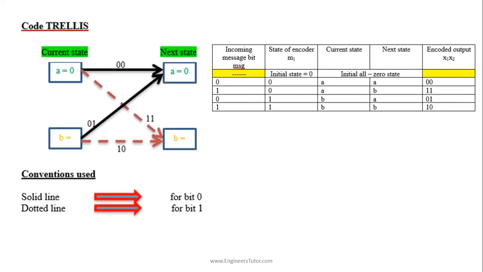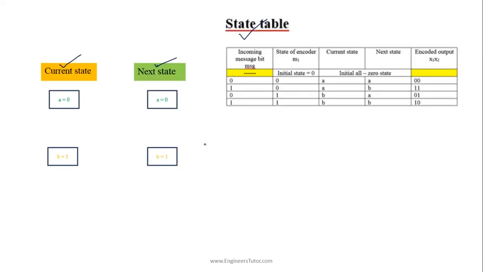To draw this code trellis diagram we use conventions: if the incoming bit is 0 we use a solid line, if the incoming bit is 1 we use a dotted line. So we are at initial state A equal to 0, and if the incoming bit is 0 then the state changes from A to A, present state to next state. So we use a solid line to draw this